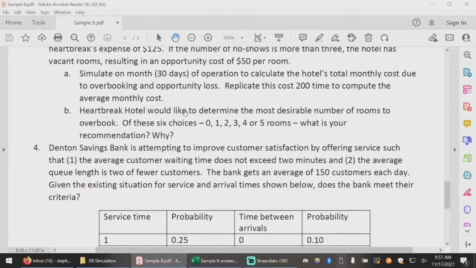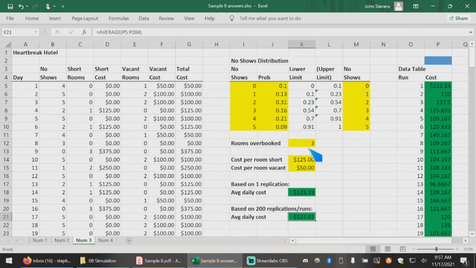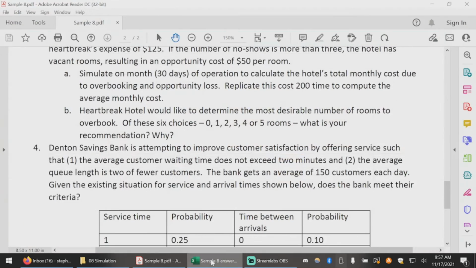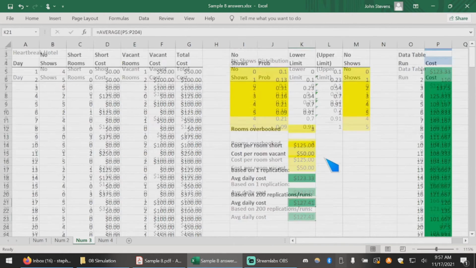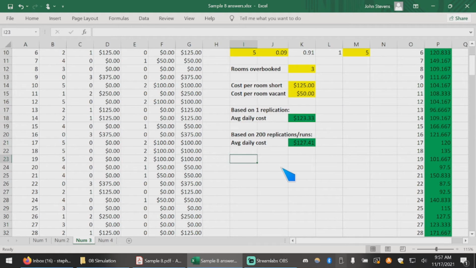They want to test, should they overbook 0 rooms? 1, 2, 3, 4, 5? Currently, our simulation is doing 3. But we want to figure out which is actually the best. What can we recommend and how do we figure it out? Now, in the basic way, what we could do is we could say